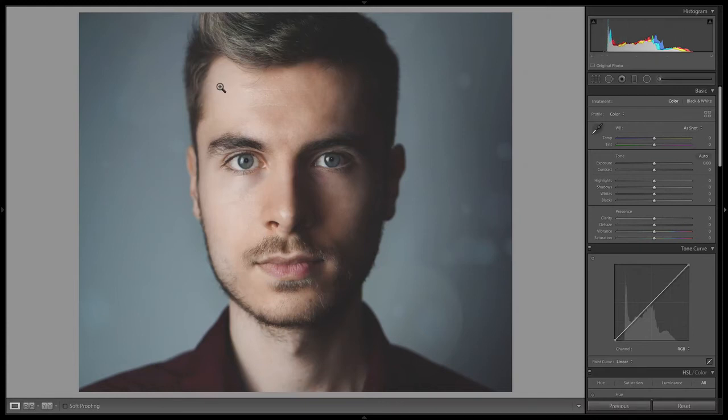Welcome to a new section of the Lightroom editing course. In this section, we are looking at some specific ways you can enhance your portraits. Some of these techniques and styles you've probably learned in the basic sections, but I just wanted to break them down once more and dive a little bit deeper so you fully understand how to use these tools.